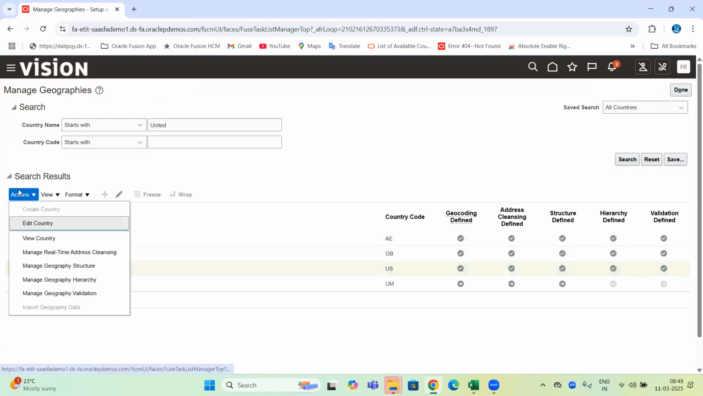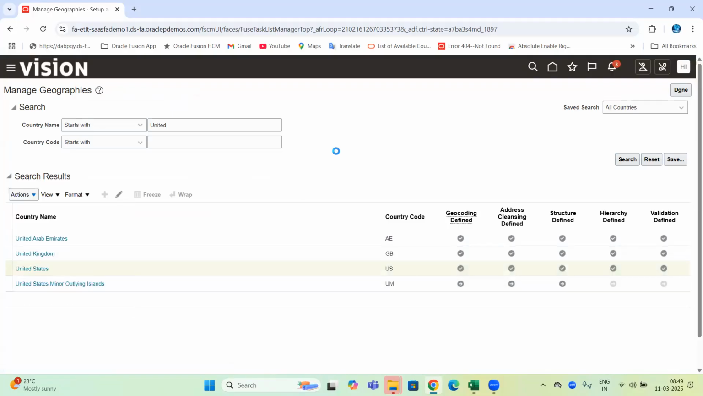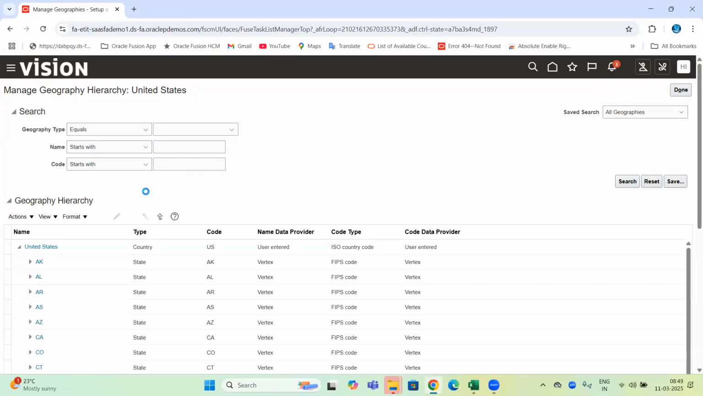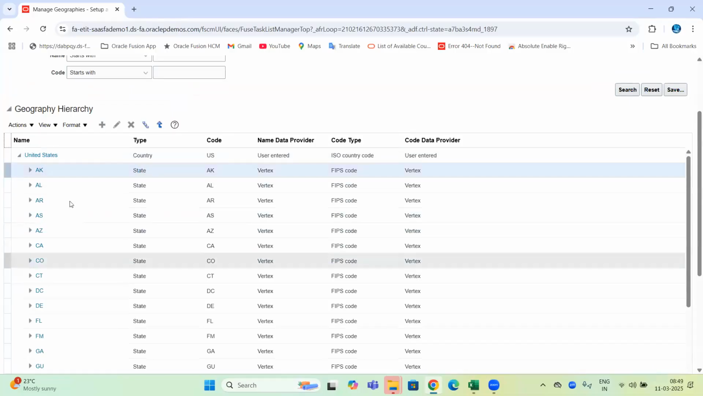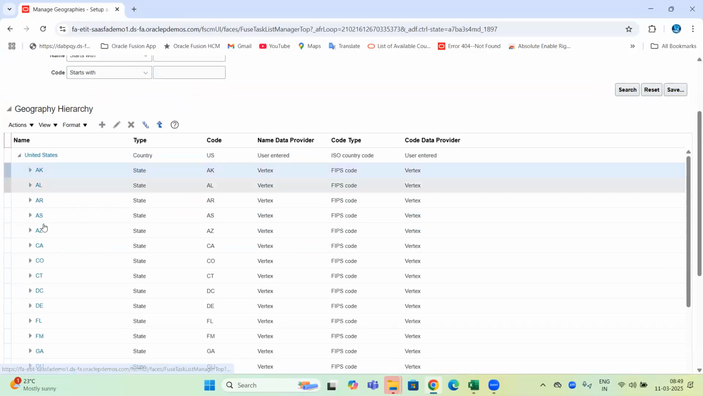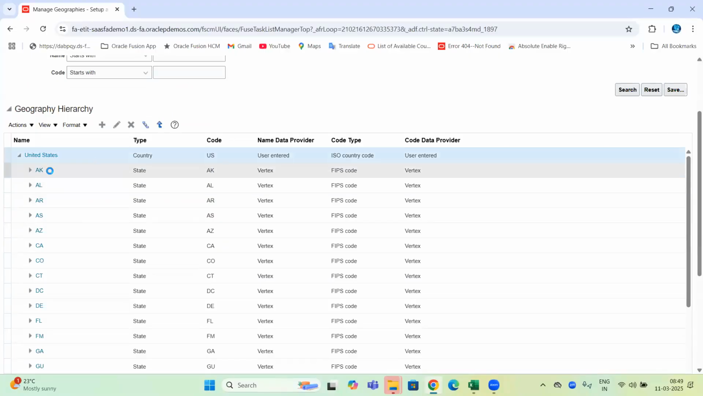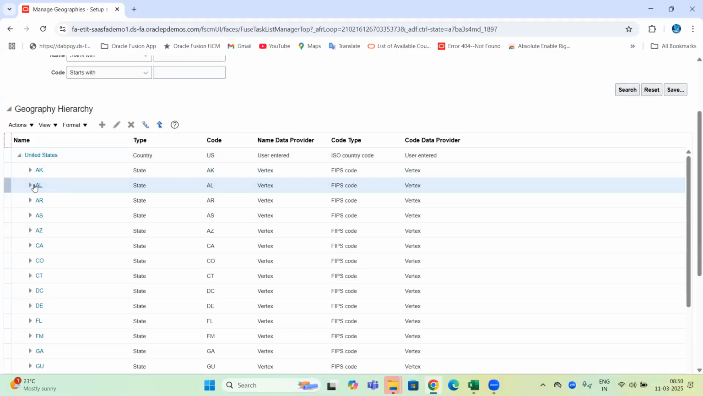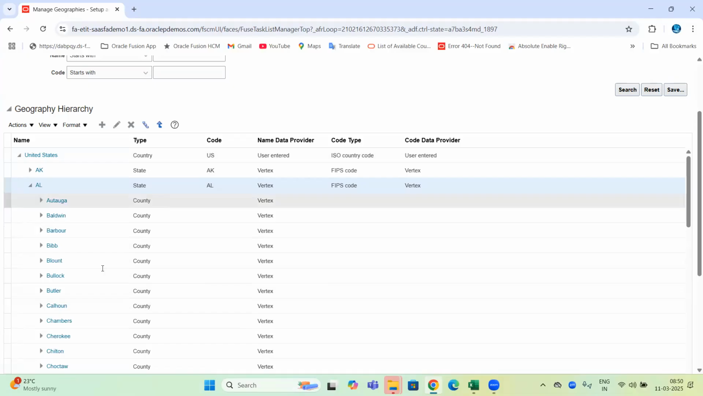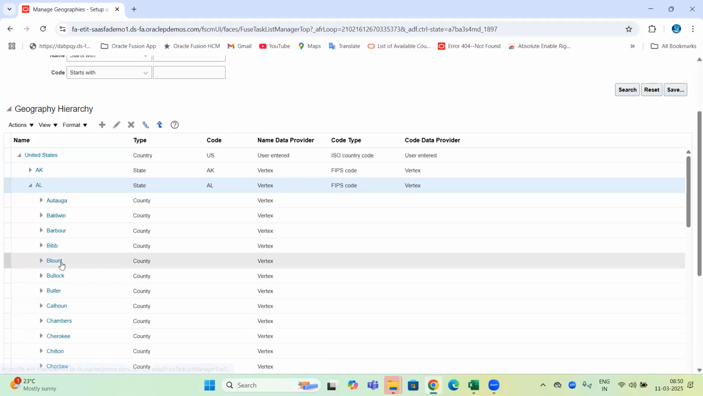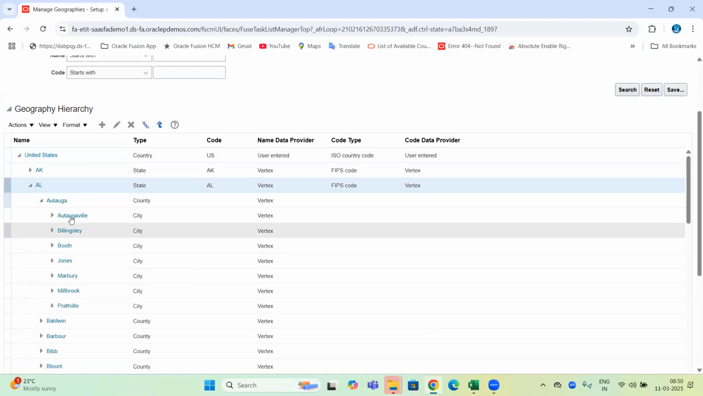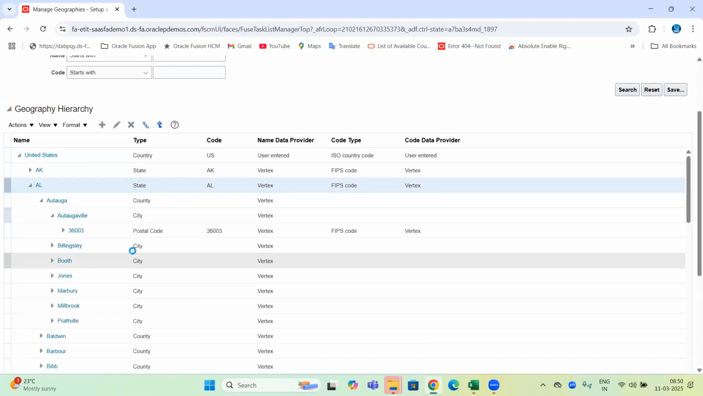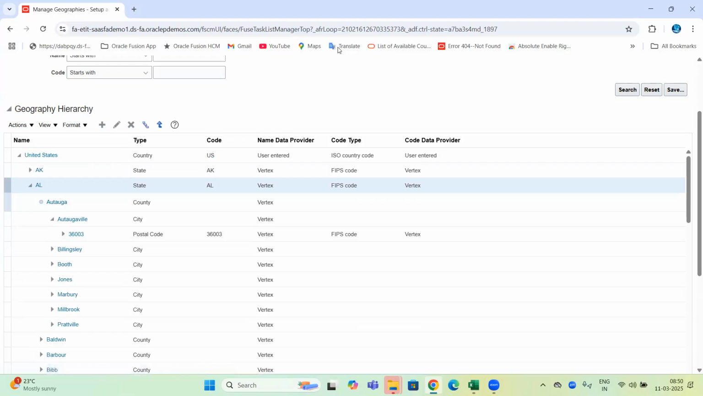See, if I come to United States, after structure, if I go to hierarchy, at each of that structure, the data will be there. See, country, United States. Then I have all the states under that. If I expand my states, all 50 states, see under country, United States, AK, Alaska, everything. Then if I expand my state, all my counties under that, see, Blount, Bullock, Butler. And if I expand county, under that I can see cities, under that I can see postal codes. See, like this for every country,